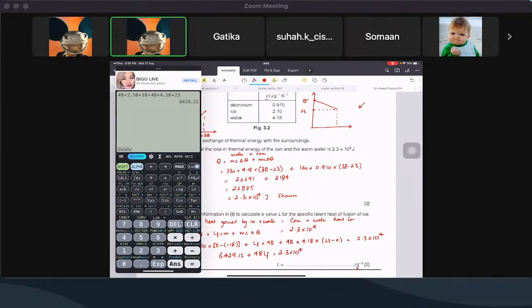Okay, so basically 2.3 times 10 raised to power 4 minus 6429.12, divided by 48. So that would be 345. Is it clear, everybody? So simple, right? Now